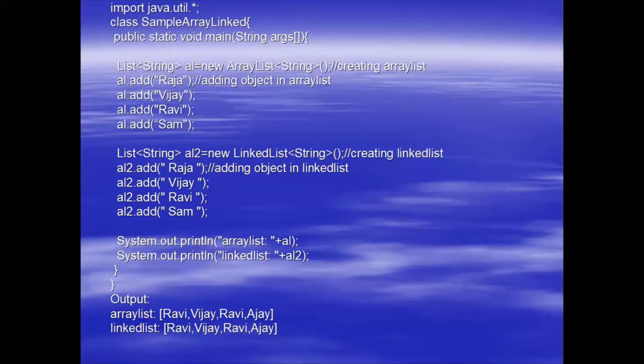ArrayList is better for sorting and accessing data, but LinkedList is better for manipulating the data, such as addition and deletion. And where will you use Vector? Vector is synchronized. If you want synchronization in your program, at that time you need to use Vector instead of ArrayList and LinkedList. If your program is not thread safe, then you need to use Vector. So these are the differences between ArrayList, LinkedList, and Vector.